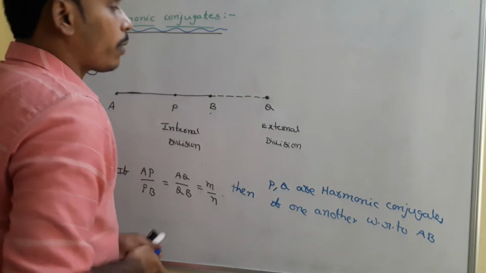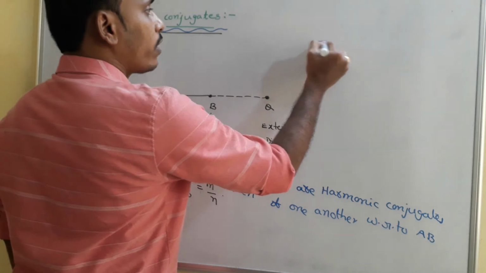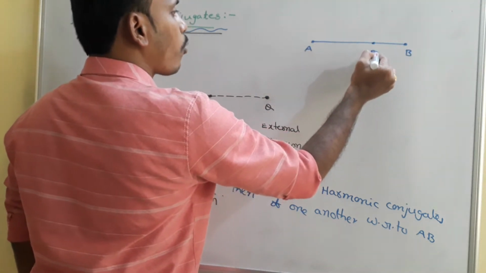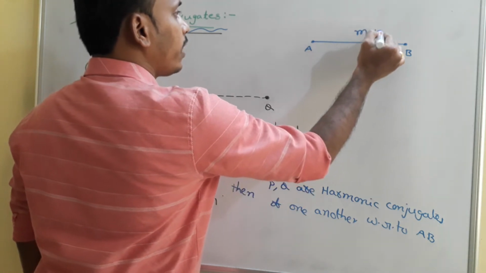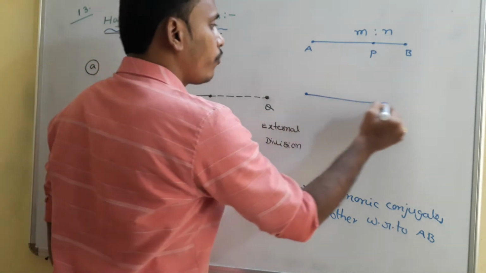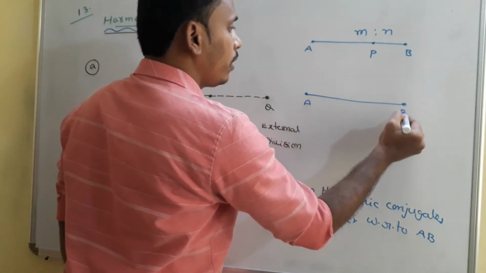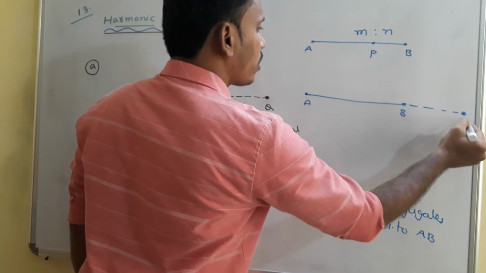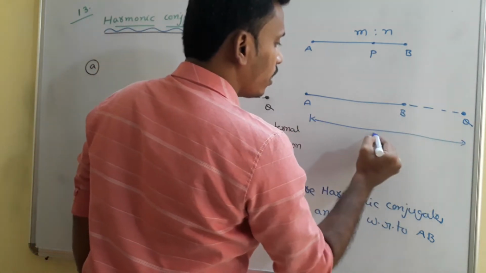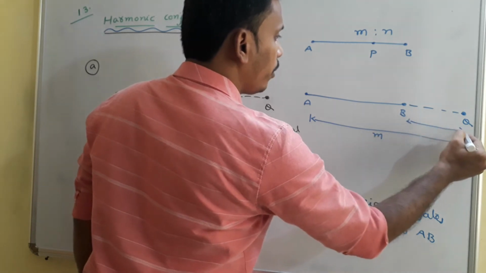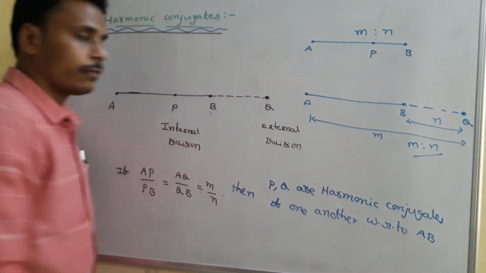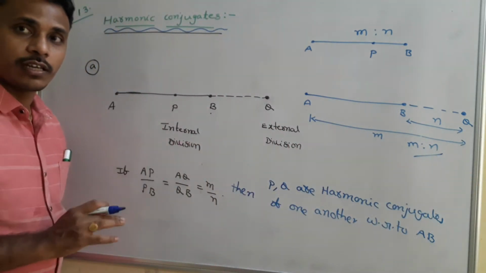Let me show you separate diagrams for this too. Suppose this is the line segment AB and P is a point on that line segment; this P will divide the line segment AB in the ratio m is to n. In the same way, if this is the line segment AB, when you extend it, somewhere on the extension you will get Q, and again AQ and BQ are in the ratio m is to n. Actually the lengths are not m and n; the ratio is just simply m is to n. I think the situation is clear.